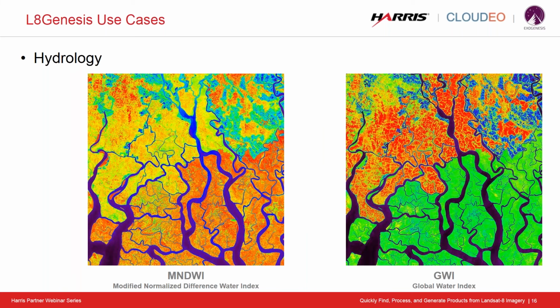Here's an example from the hydrological category. The MNDWI, the Modified Normalized Difference Water Index on the left, and then the Global Water Index on the right. You can see these two provide very similar results, but also have their own very unique perspectives as well. For instance, on the left, the MNDWI, if you look towards the middle at the very top, some of those waterways you can see are affected by turbidity. So they go from being a very dark blue to a much lighter blue. So if your interest is in looking at turbidity and things like that, the MNDWI might give you the insight